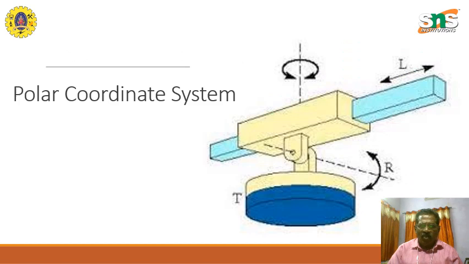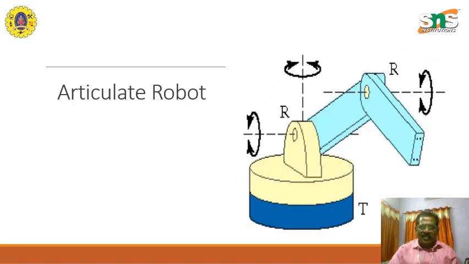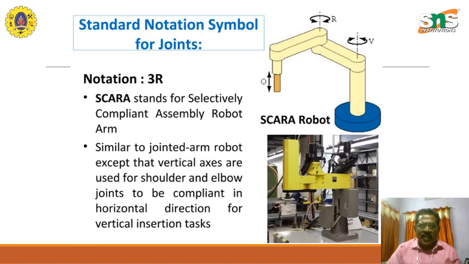Right? The polar coordinate, where we have one rotation, plus here another rotation, and then this can move up and down here. The next one is the articulated robot, where all three axes can rotate about their axis. The standard notation symbol we use is that for rotation we put it as R,